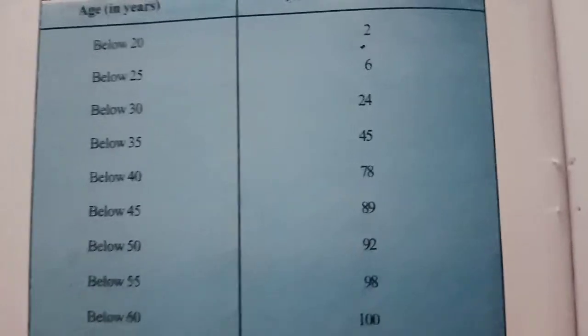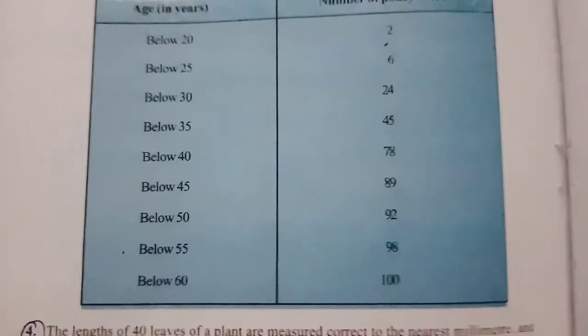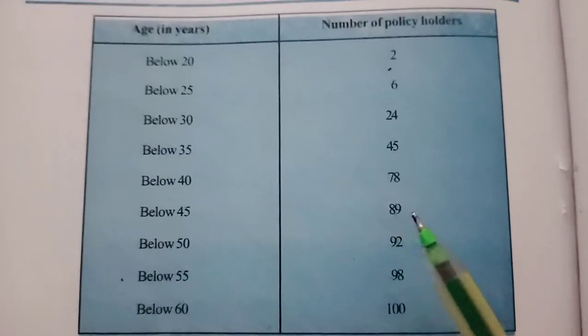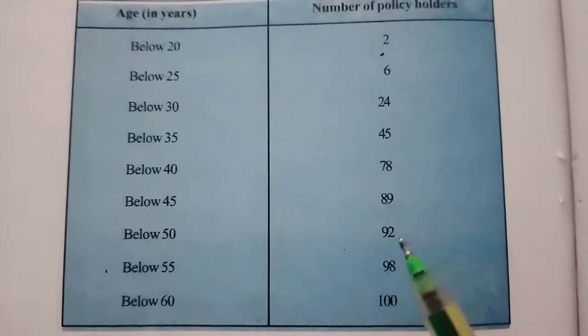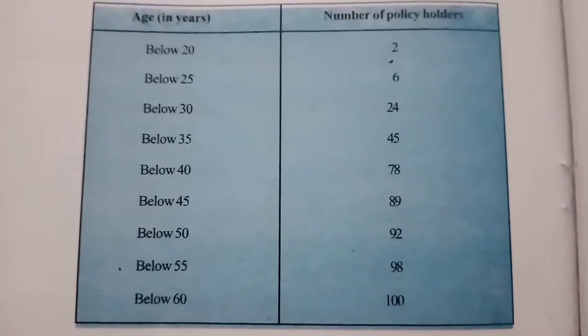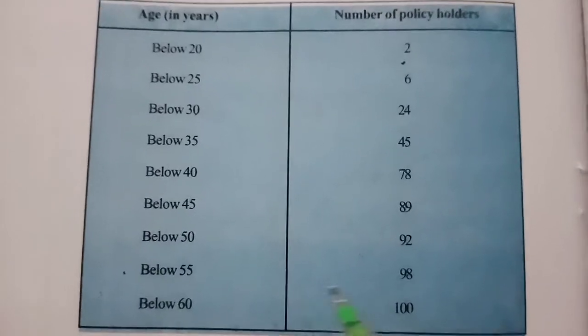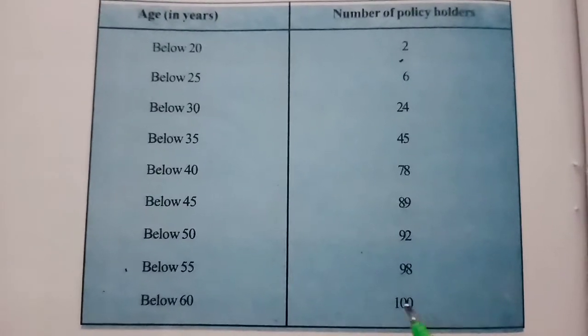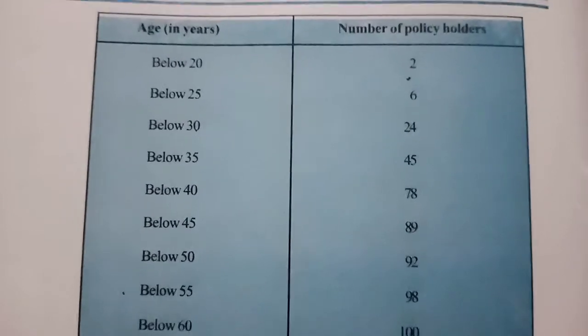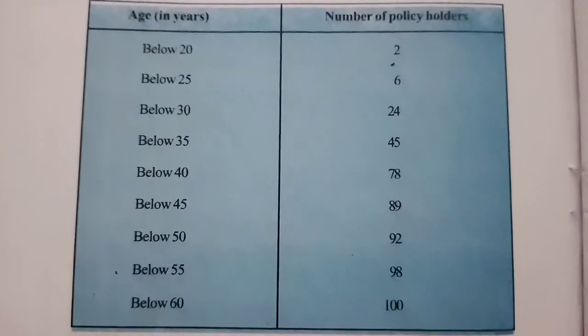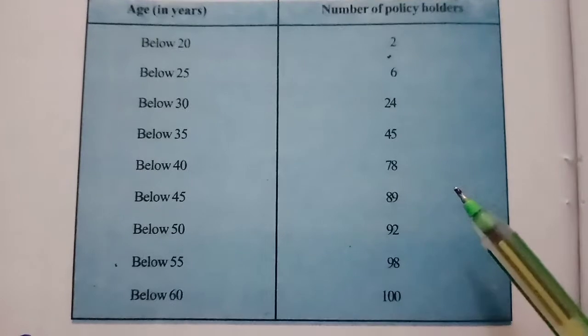Now let us learn the next question, question number 3. And note, children, this question is also very important because here the table in the question has incomplete data. So as we learned in question number 1, the data is somewhat different. So what is it exactly? Let us find out. One more tip I am going to tell you.